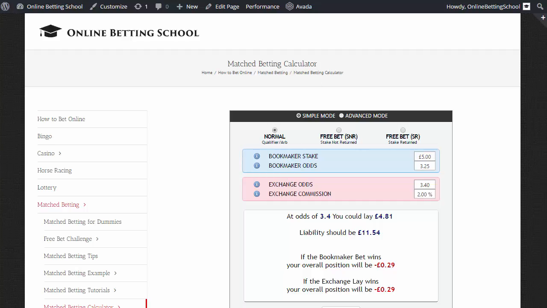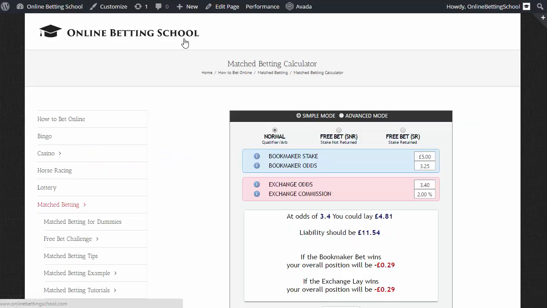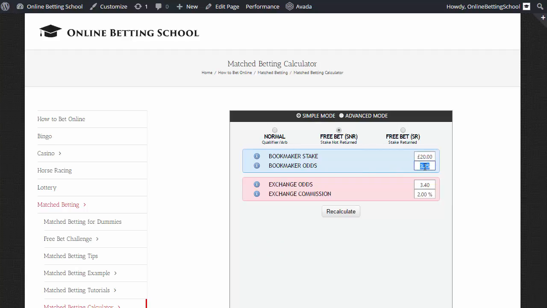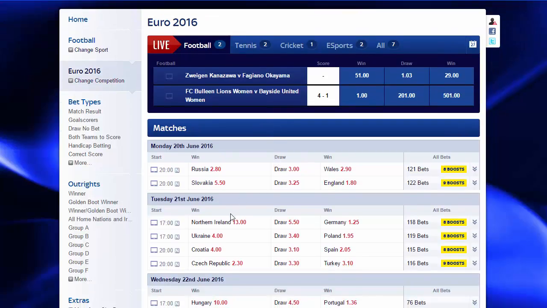So once you have your £20 free bet at Skybet, then we want to find another match to bet on. And this time we're going to be using the stake not returned part of the calculator. The stake has now gone up to £20, and we're going to find ourselves something else to bet on, okay? So we go to Skybet, and let's just pick one of these matches on Tuesday, the 21st of June, also